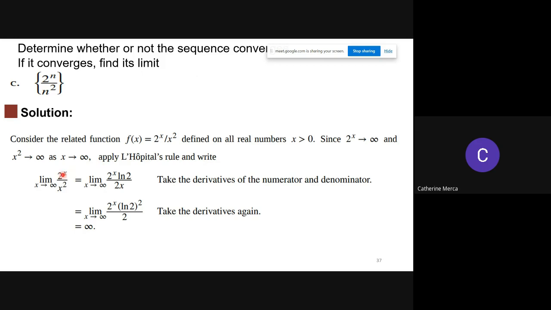Na? So, kaning limit of 2 to the x over x squared as x approaches infinity, kaning siya will tend to be infinity. Diba? 2 to the very, very large number will be infinity, kaning infinity. So, magawas ka infinity over infinity. So, pwede ninyo magamitan og LHR. And how do you make use of your LHR? You make use of your